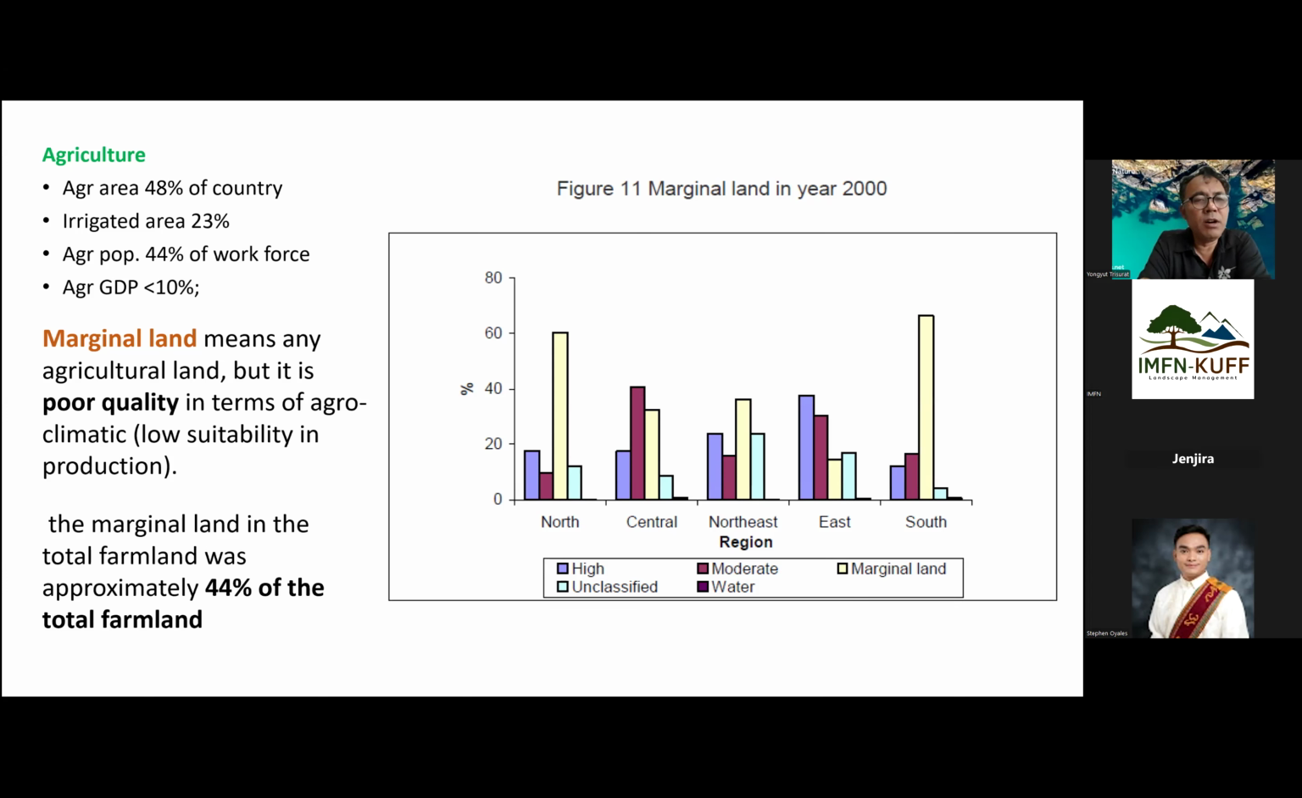And in Thailand almost 50% of the workforce is engaged in agriculture, but the GDP contribution is only about 8 to 9%. So we use a lot of land and a lot of human resources, but the economic return is very low compared to industry and services such as tourism. With tourism we invest less money, but the return